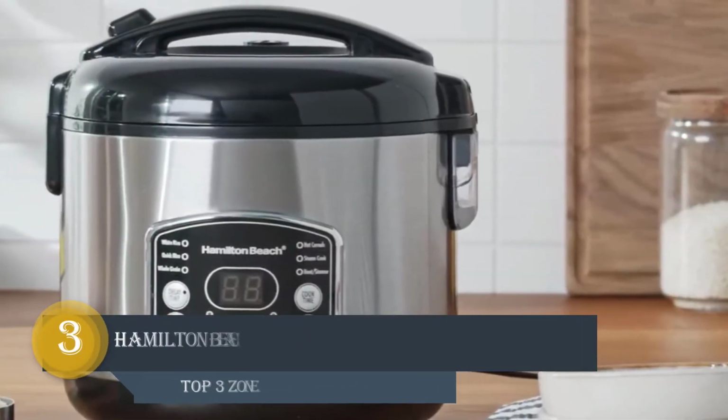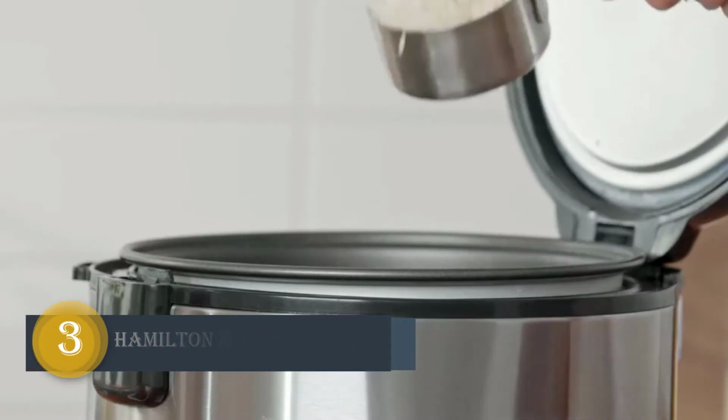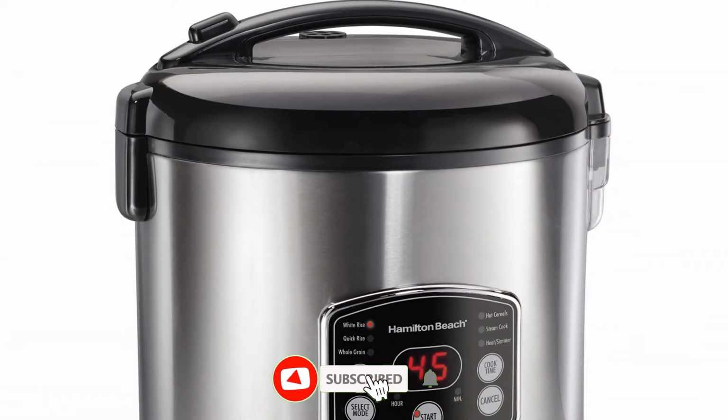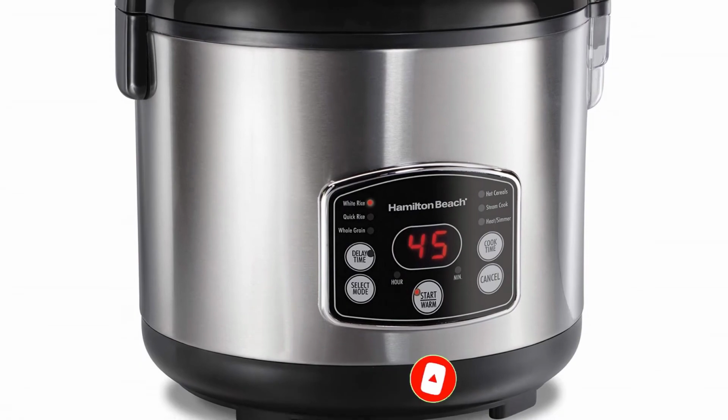Number 3. Hamilton Beach Programmable Rice Cooker. This programmable rice cooker is a great choice for those who want a reliable and easy-to-use rice cooker. This cooker can cook up to 8 cups of rice at a time, making it perfect for large families or